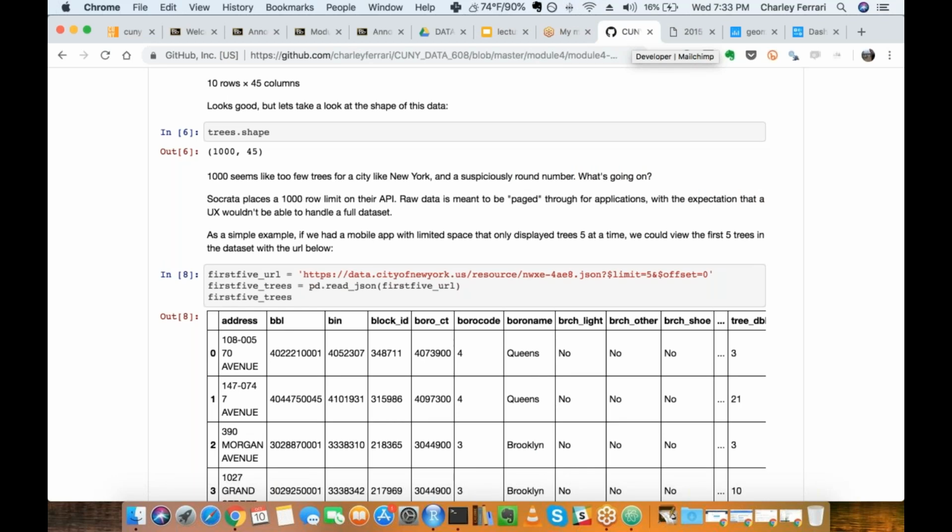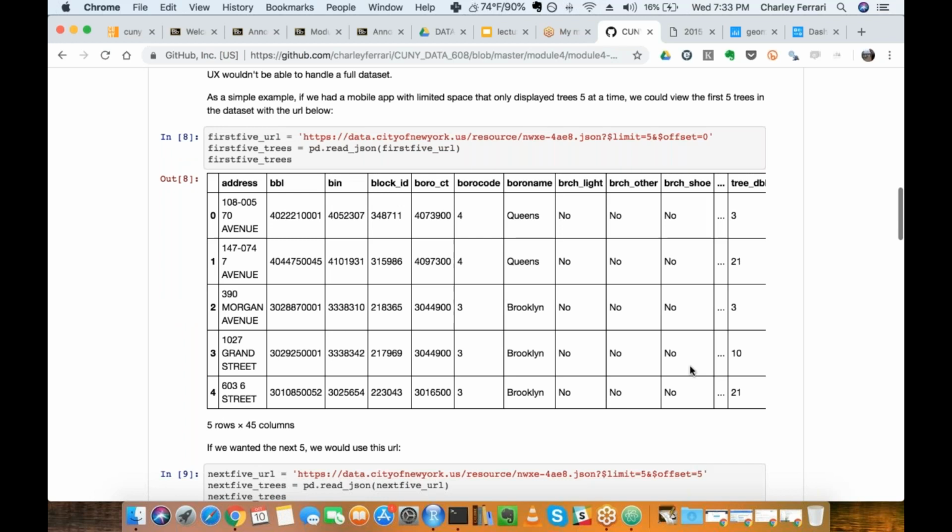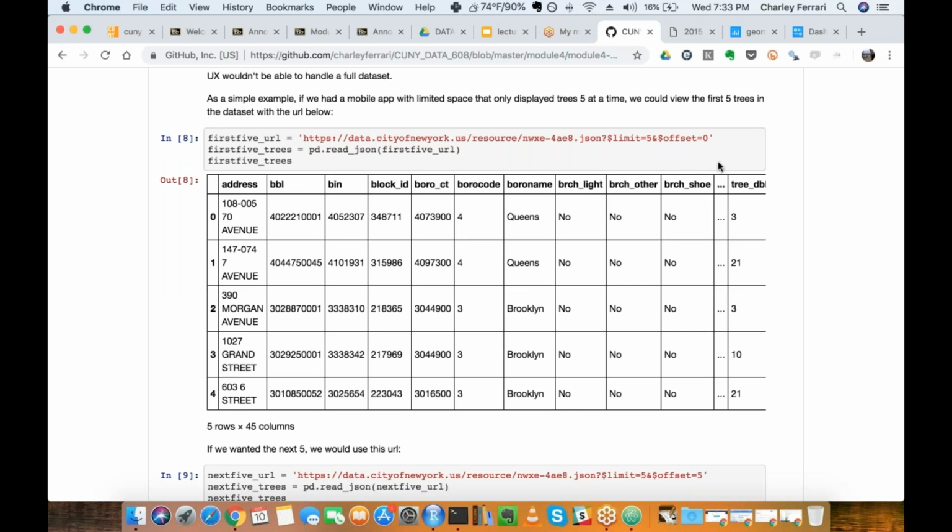So what this is meant to mimic is what this would really look like being used in the real world. You have essentially these limits and offsets placed on the API. If I wanted to show 5 results, for example, I could do that.